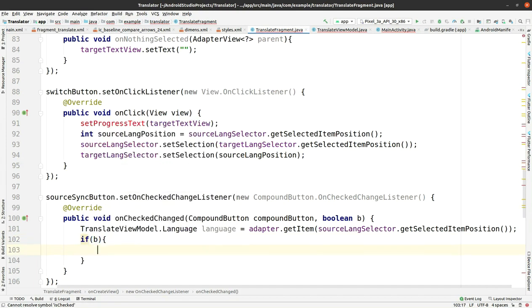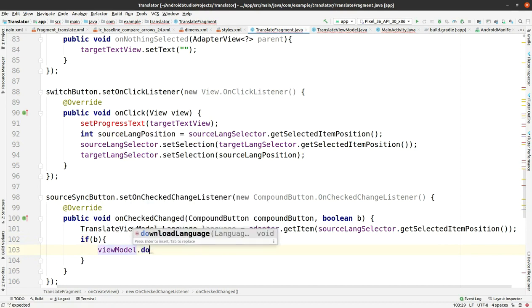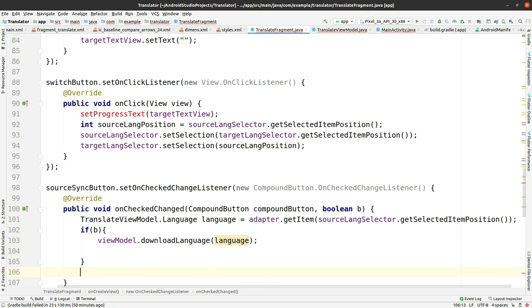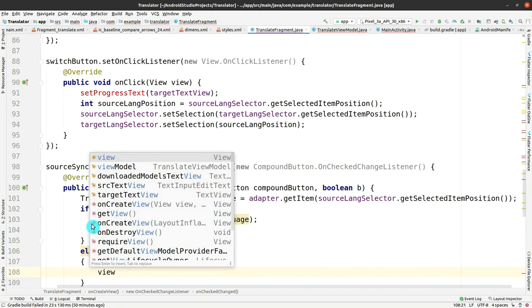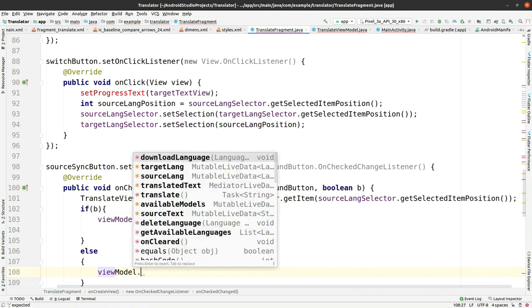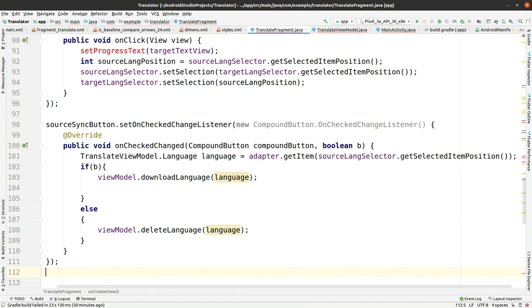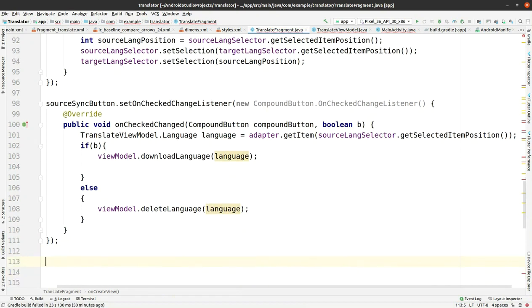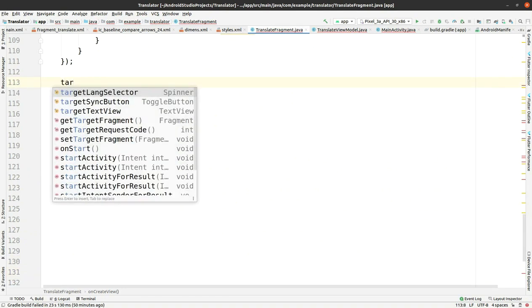I think a little same kind of thing. If B, yeah, as the parameter is boolean B in the on checked change, so we have to use this B, and then we'll download that particular language using that Viewmodel. And if it is already there, then we just have to delete that language. Okay,